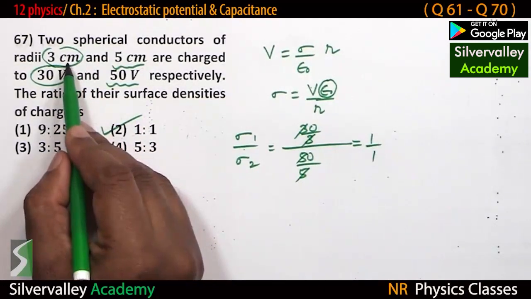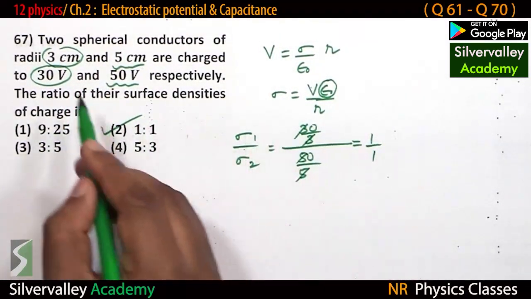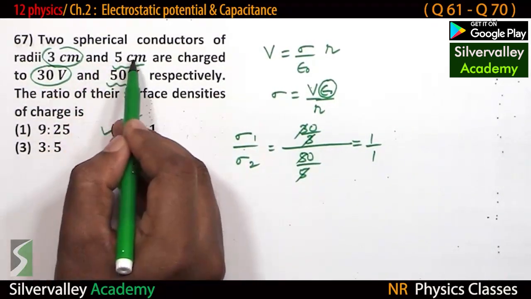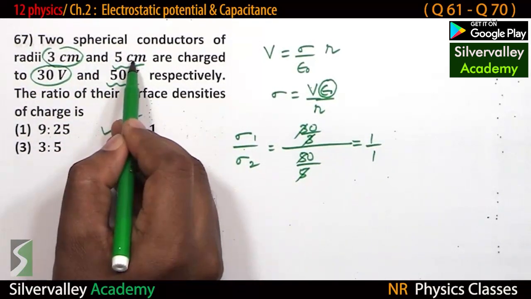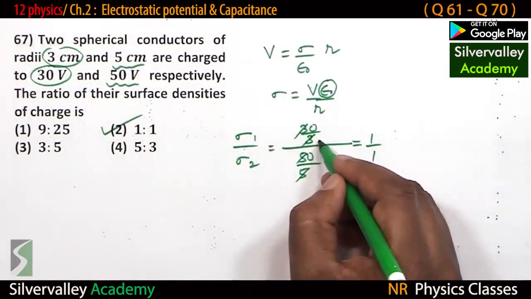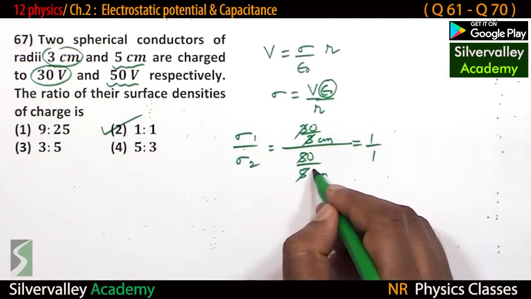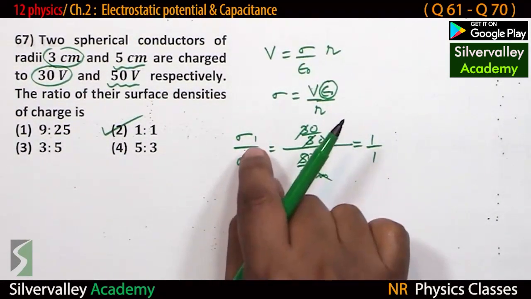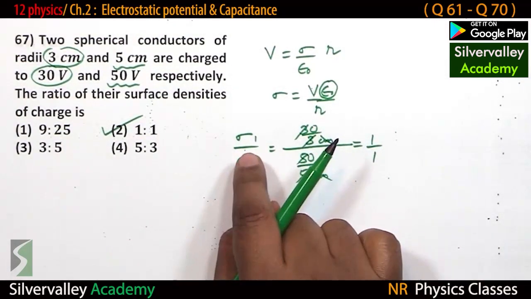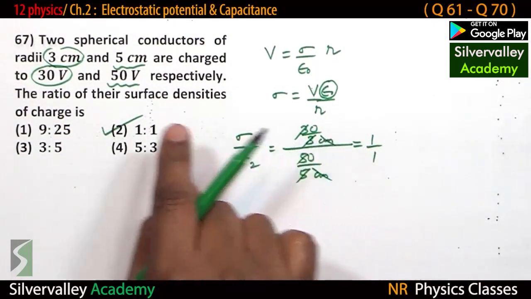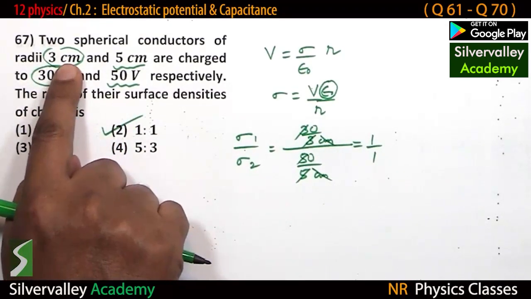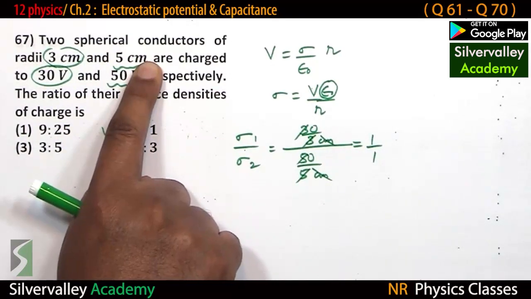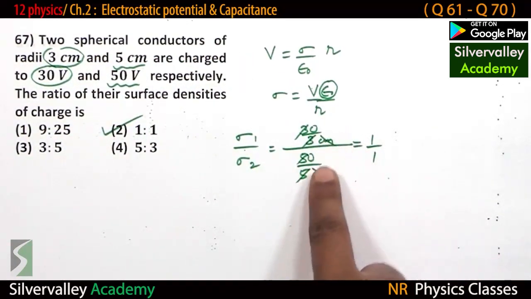Students, observe, since we are taking a ratio, don't worry about CGS unit or SI unit. Both of them must be in SI or both of them should be in CGS. Centimeter, centimeter. If this is centimeter and this is centimeter, even that centi gets cancelled. So next time when you are taking a ratio, you have to take care of only one thing: are they in SI or are they in CGS? If both of them are in the same system, then directly take the ratio. You don't have to convert. Okay.